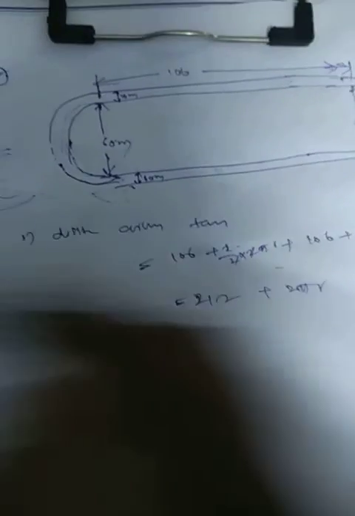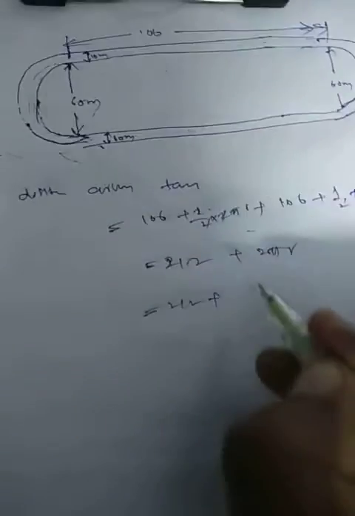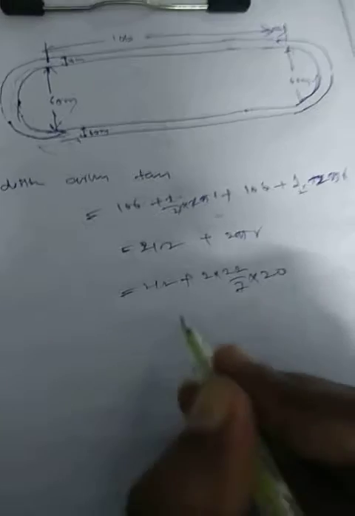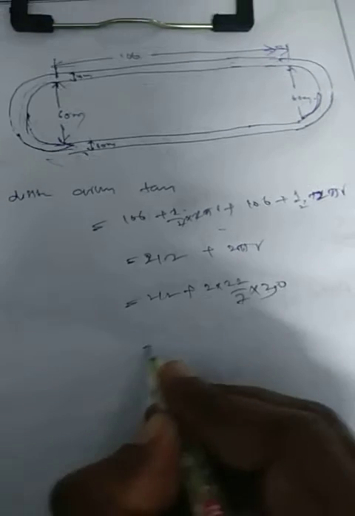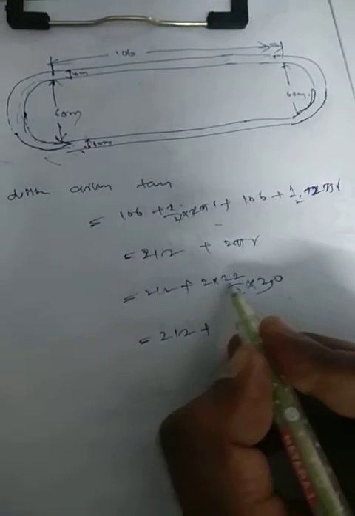Look here carefully. Our doubt is whether r is 30 or 40. Here people are going to make a mistake. Most of you are going to take it as 40. No, why? They have to go around like this, so that this will be the semicircle. So 2 pi r means what? 2 into 22 by 7 into radius, half of this one, which is 30. So this will become 212 plus 2 into 22 into 30.